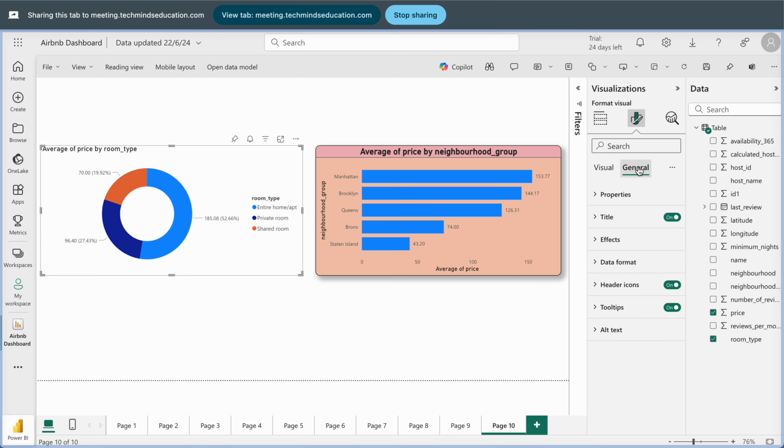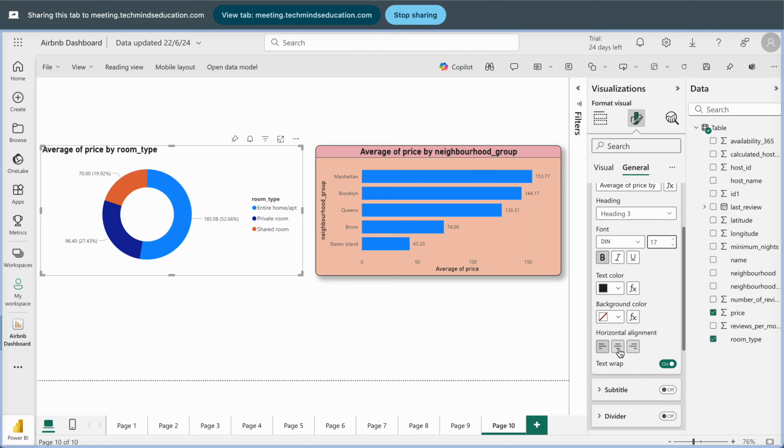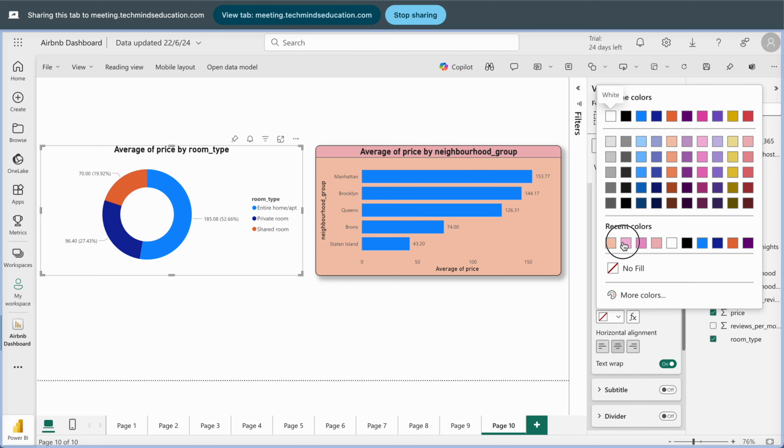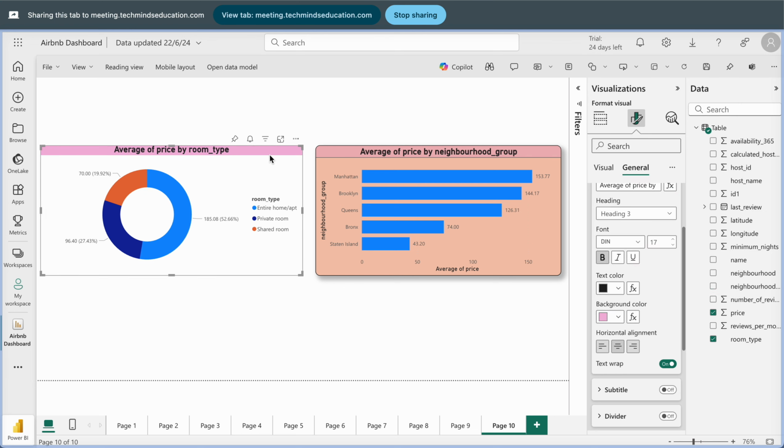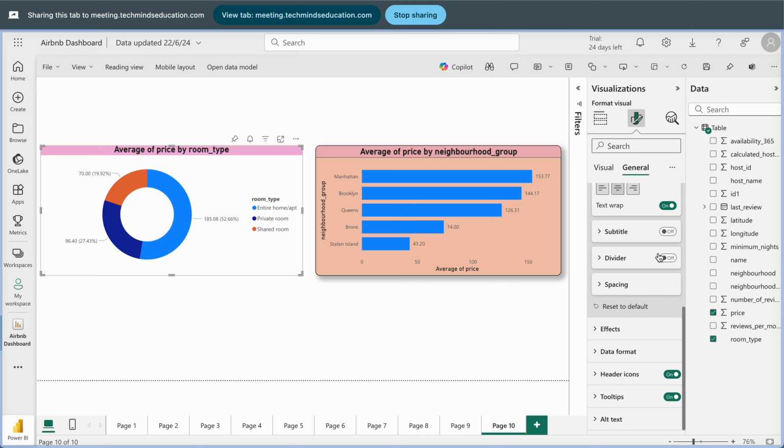I need to go to this journal, then I go to this title, make this bold, and the font size should be 17, make this central. Let me change the color of this title, right? Also we can add this divider,